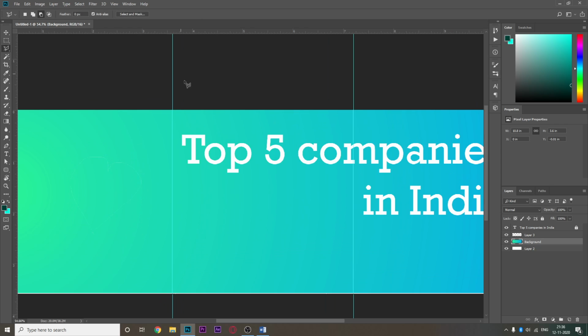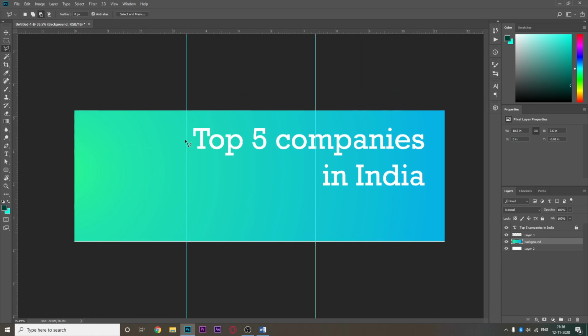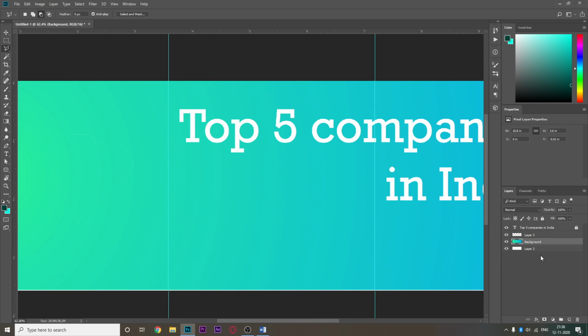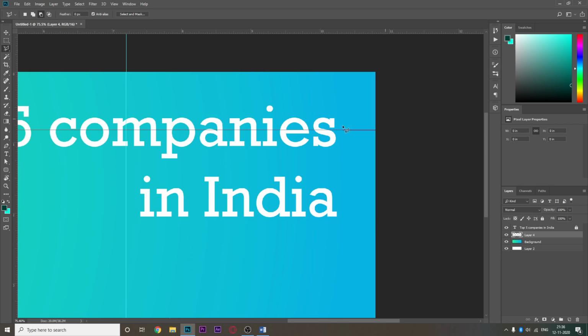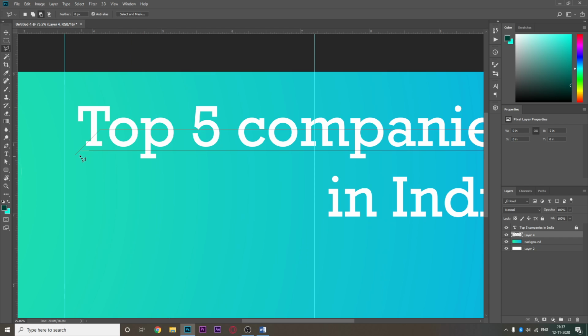Now polygonal lasso tool is something that I really, really like. So this is my favorite method of oomphing up a bit, adding a plus factor to your design. So I click a point anywhere, and now at an angle I press shift, so it smoothens the line. I go click here, then I go here. Okay, let my RAM load up a bit. I go here, something like this, and okay.